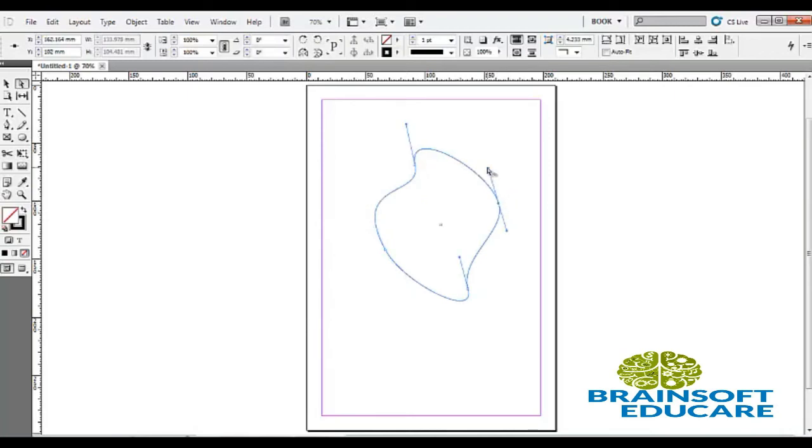We can easily move the object points. This tool gives objects a new look. Direct selection tool shortcut key is capital A.